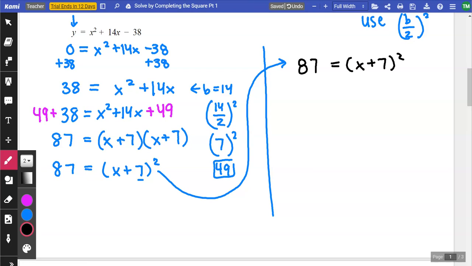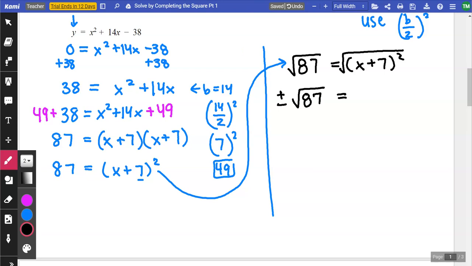How do I cancel squaring something? The way we cancel a square is to square root. So we're actually going to square root both sides here. 87 isn't a perfect square, so we're just going to leave the square root of 87 as the square root of 87. But something you need to watch out for is when you square root both sides of an equation, square rooting gives you two answers. And to show those two answers, we're going to have a plus and a minus out in front of our square root. So when I square root both sides, I really get plus or minus the square root of 87